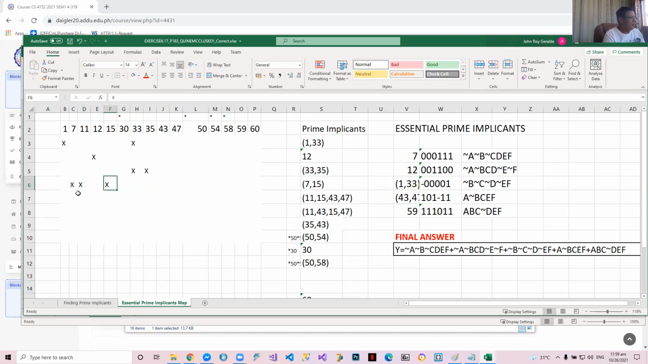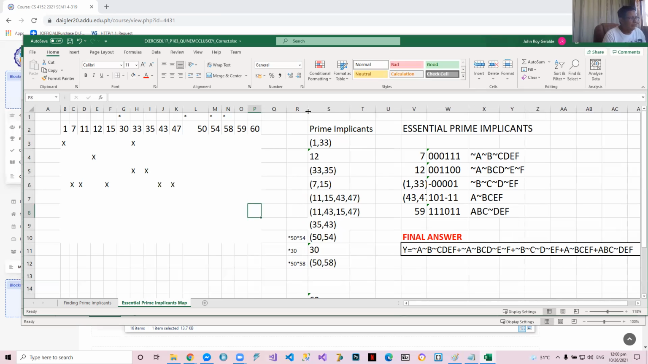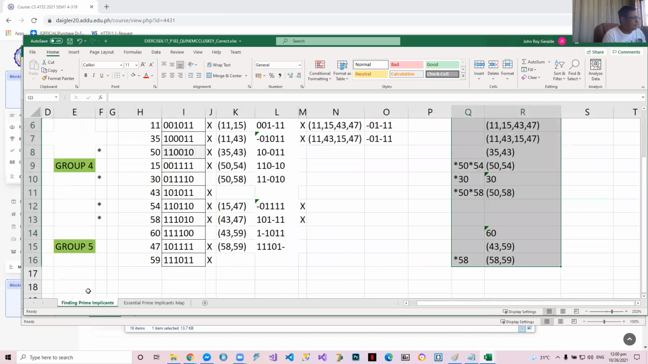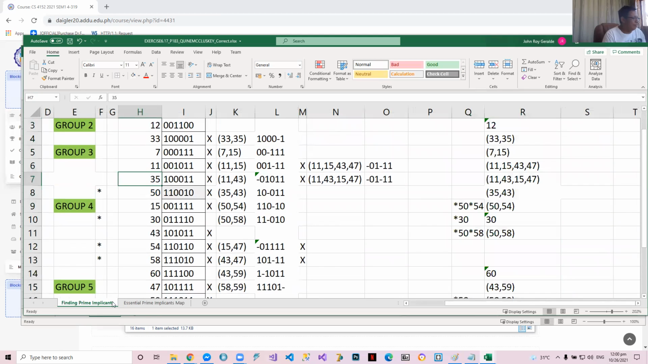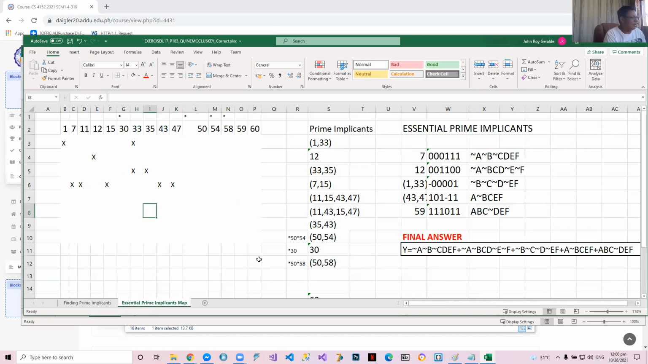11, 15, 43, 47. Okay. And this is the same. 11, 43, 15, 47, right? So, okay na yun. And then we have 35 and 43. Let's check 35. 35 and 43, they are not prime implicants. Okay. Now 50 and 54, they are both